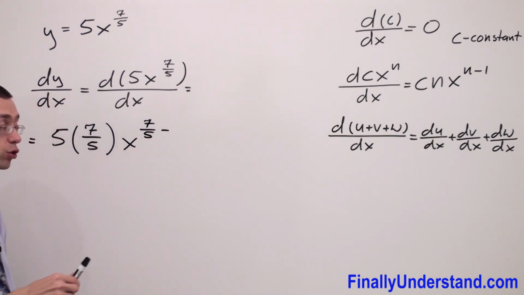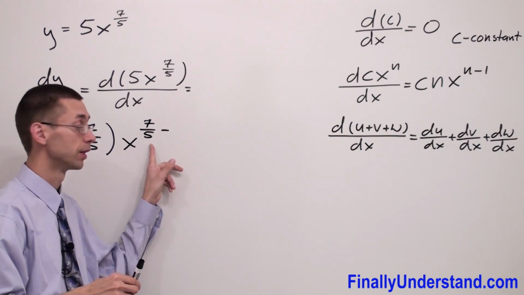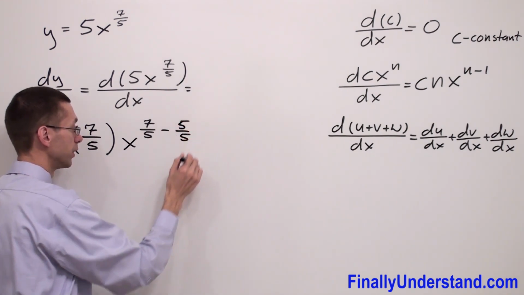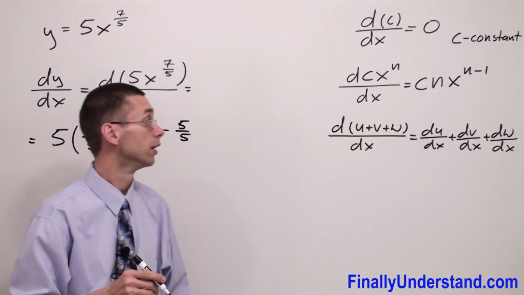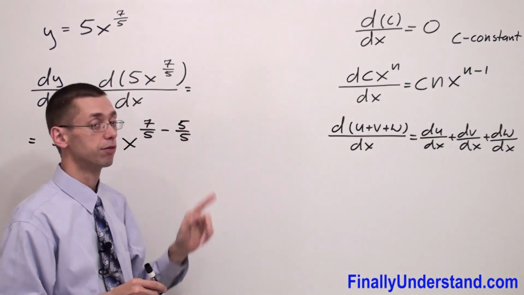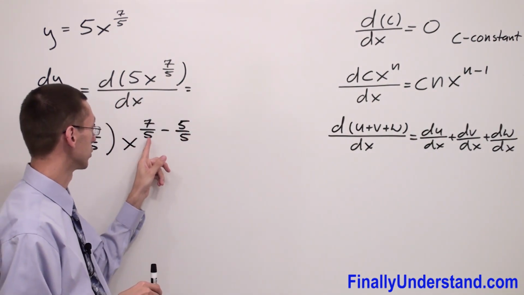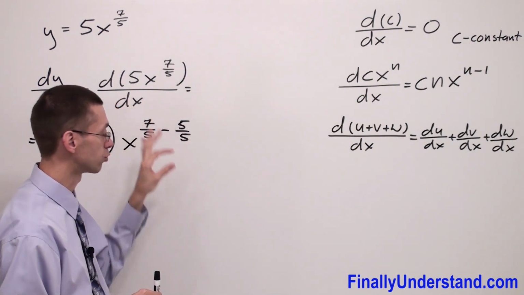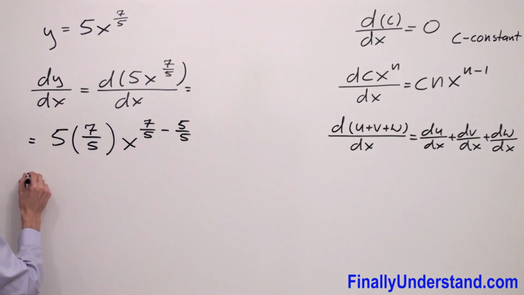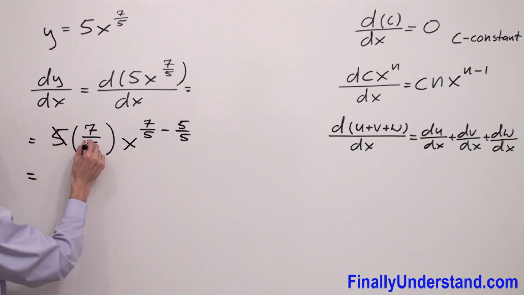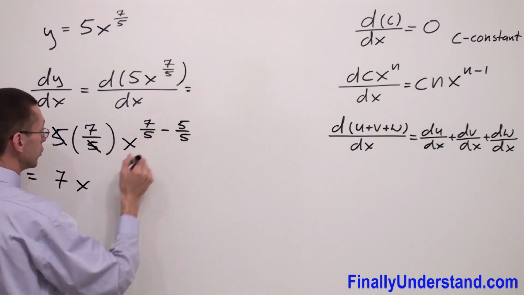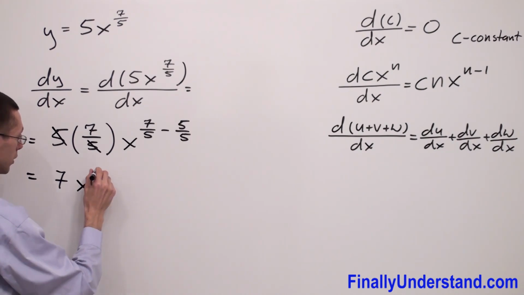Because this is a fraction, I'm supposed to look at the denominator. The denominator is 5. That's why I'm going to write 5 over 5, because 5 over 5 is equal to 1. The formula says exponent minus 1. 5 divided by 5 is 1. I'm using 5 because I'm dealing with a fraction, and in order to subtract fractions, I have to have the common denominator. So I have 5 and 5 will cancel out, and I have 7x. 7 minus 5 is equal to 2